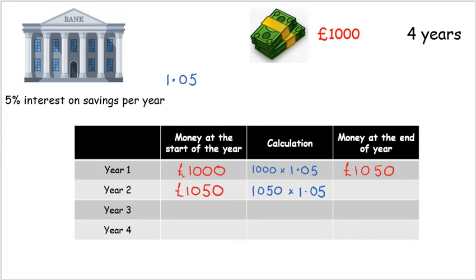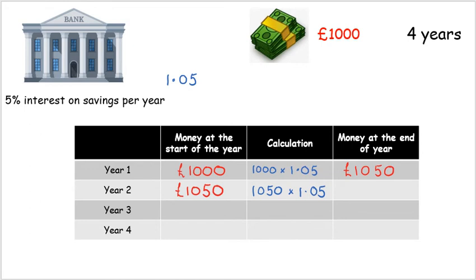Now, one thing to note is that this 5% increase that we're working out has now changed, because 5% of 1,000 is different than 5% of 1,050. So as we continue along our year by year account and our year by year increase, what this 5% represents is a bigger quantity each time. So it's not enough for us just to say let's find out 5% and add it on. We're going to have to do this individually, and then we'll look at a quicker method later. So in our calculators,